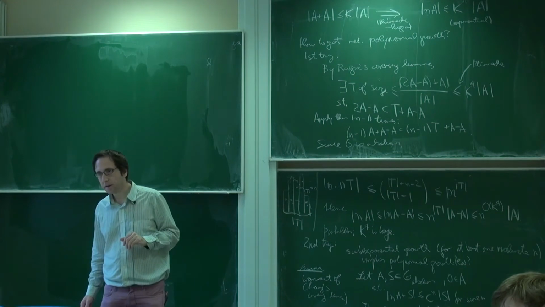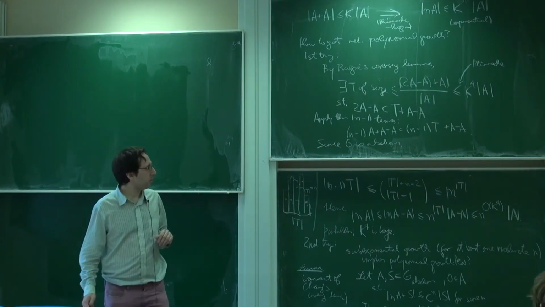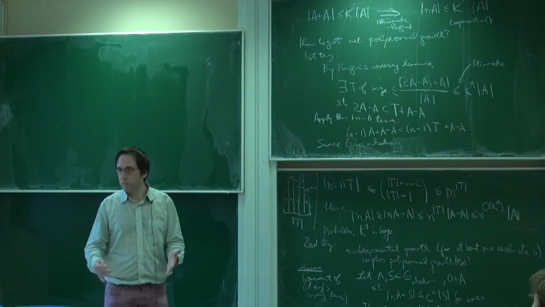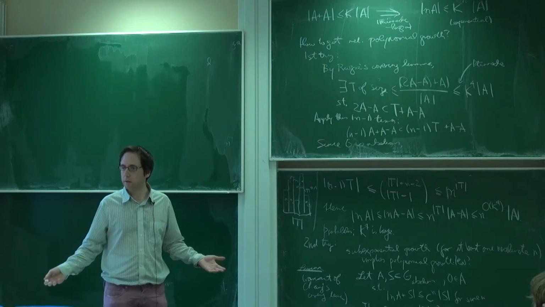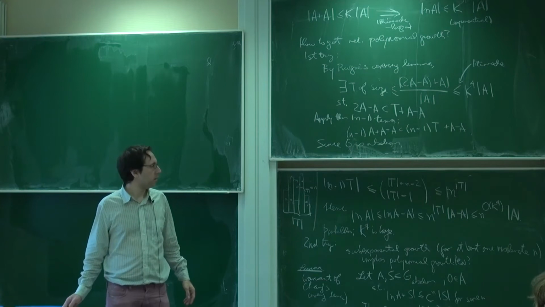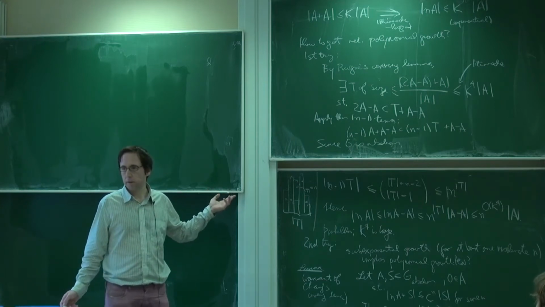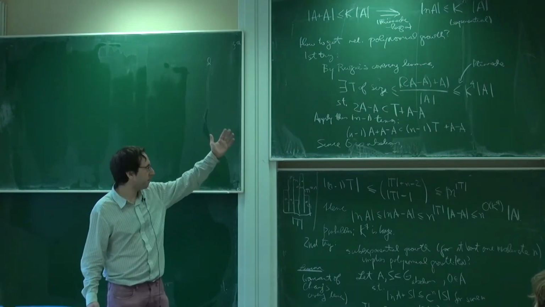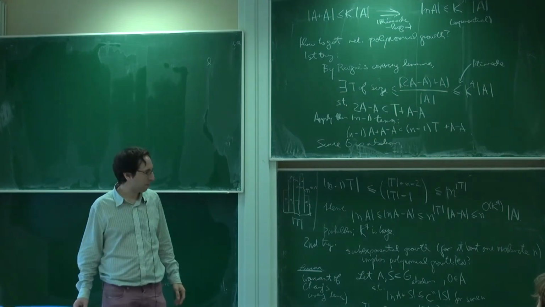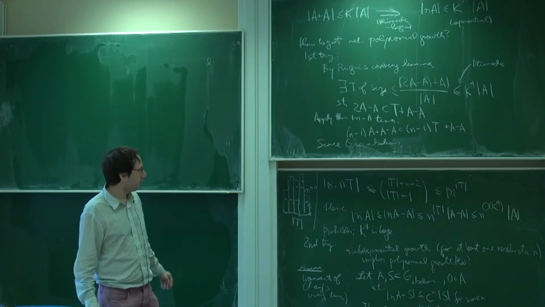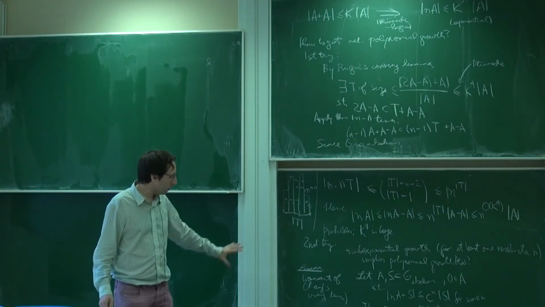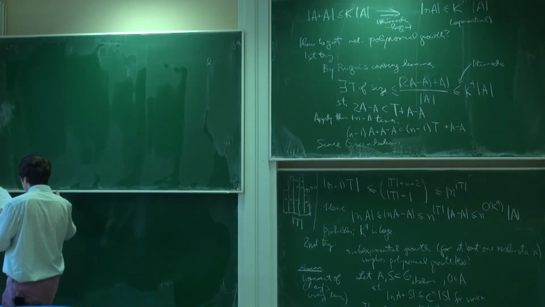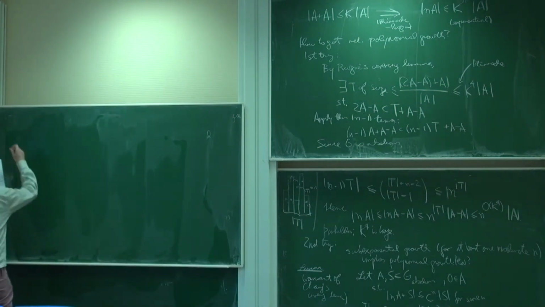Why is this much better than just the stupid bound? Because the stupid bound would be exponential, just like the bound we started with. In some range, the stupid bound will be better, but eventually this bound will be better. So for large n, this is better. But it's a bit of a miracle that you can get any sort of polynomial bound from basically any exponential bound there, or from small doubling. Anyhow, so then you recall the Chang covering lemma from last time. I will give the proof as an exercise with some hints, because it's really just